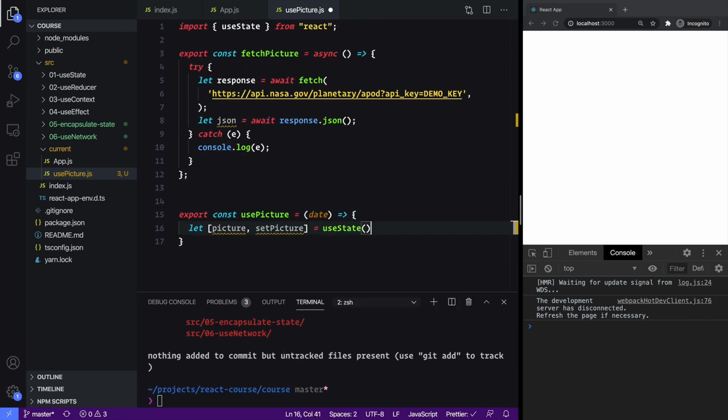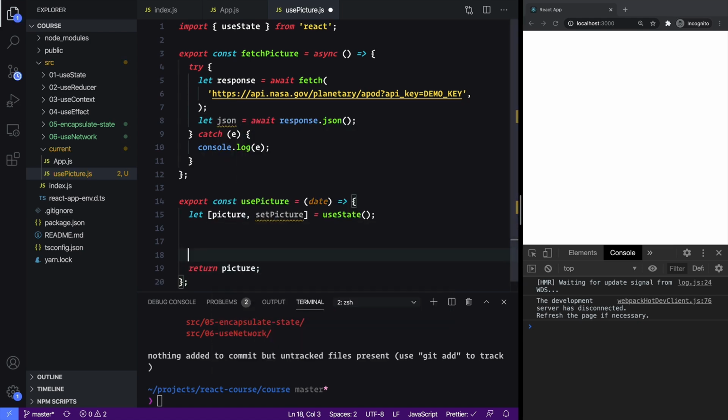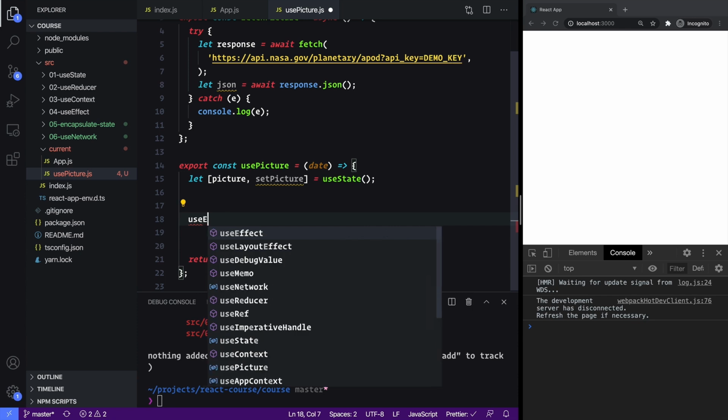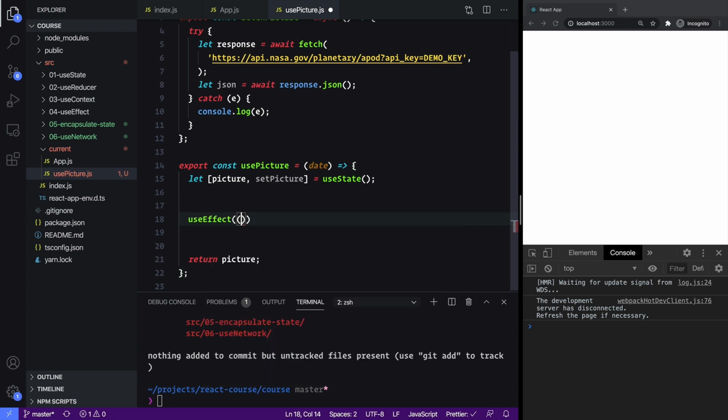And then at the bottom of this hook, you're going to return whatever that state is, most of the time. In the middle is going to be a use effect that does something. And this is for a lot of hooks, but obviously they're all different and you might use different combinations, but this is what I tend to see often. So we'll use a use effect, and inside of it, we're going to say